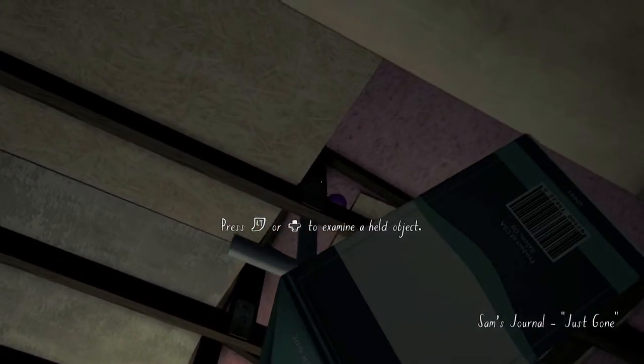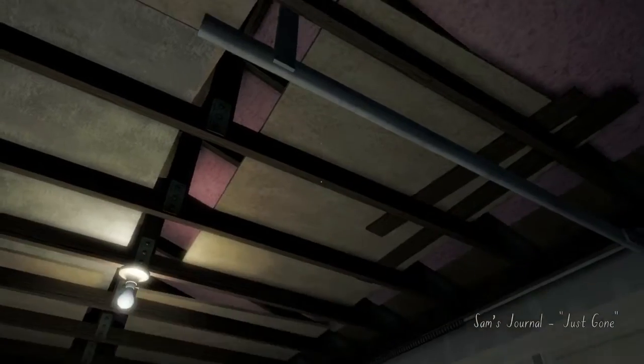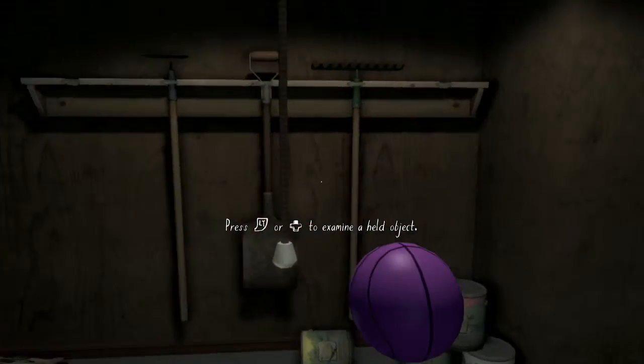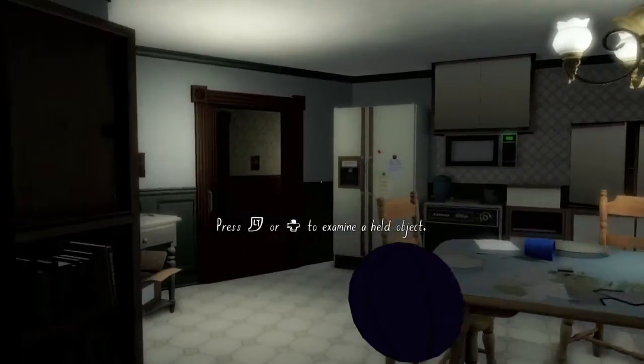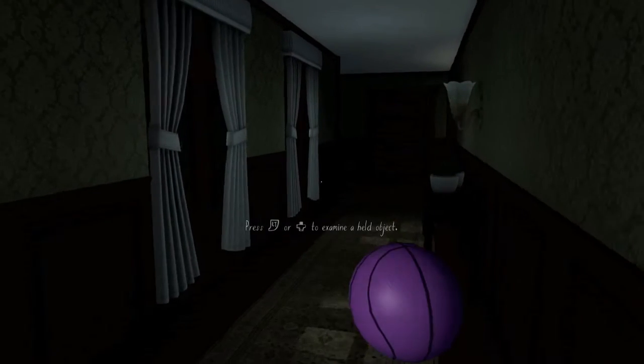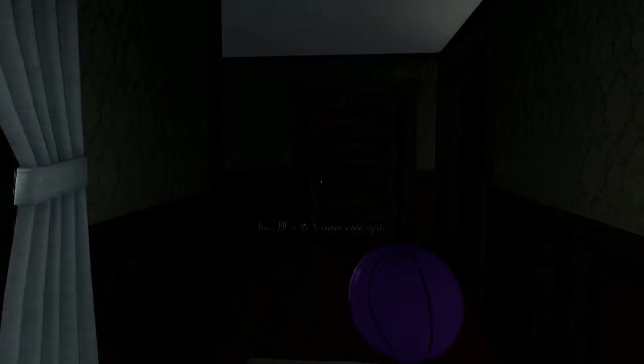Now you want to throw it and try to knock the ball down. This is where you want to spend the bulk of your time in case you aren't so good at getting that down. Pick up the ball, and then make your way to the foyer. So just take a left and then continue down the hallway. Keep in mind you have to drop the ball every time you get to a door,